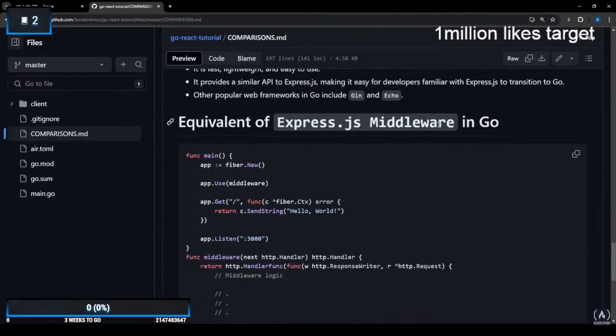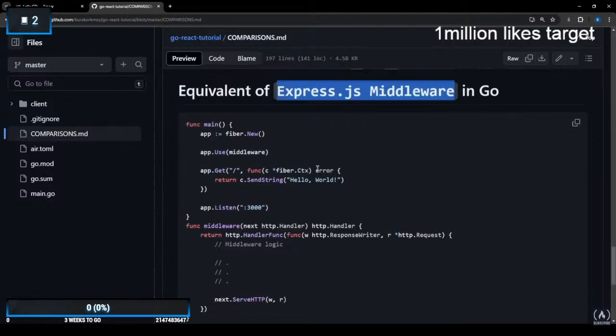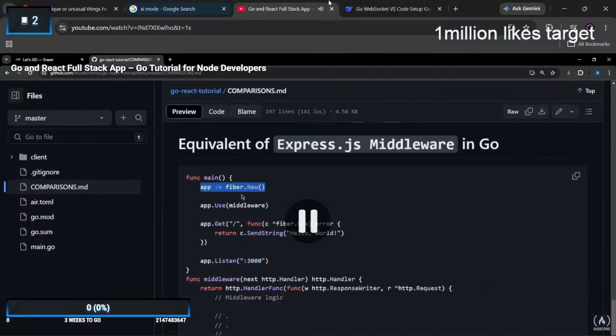Then let's see a middleware. So in Express.js, we had middlewares, right? This is actually a concept that we have almost in any kind of programming language when you build an API or something similar. And in Go, here is how we would use it. So we create an app just like in Express, but we say fiber.New, which is going to give us an